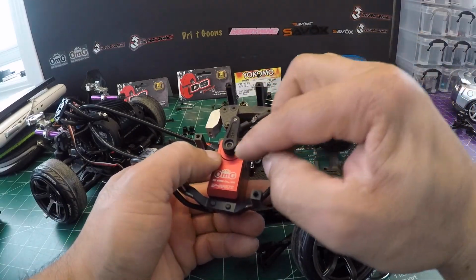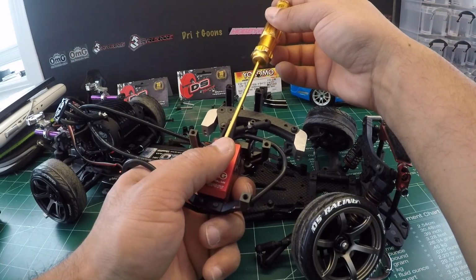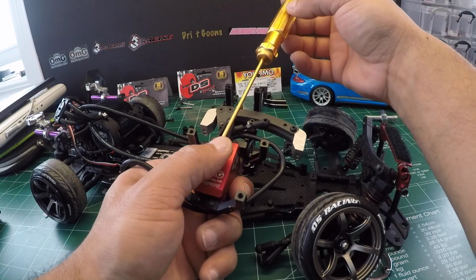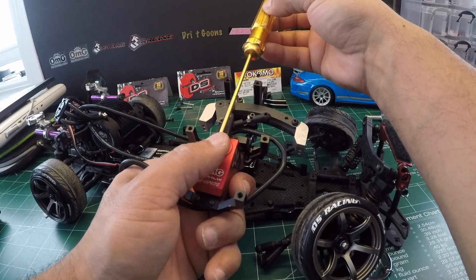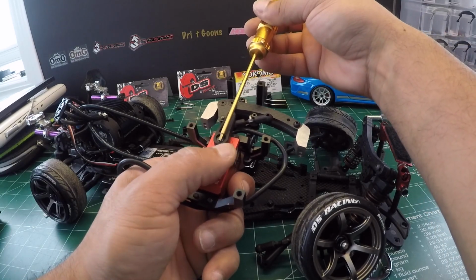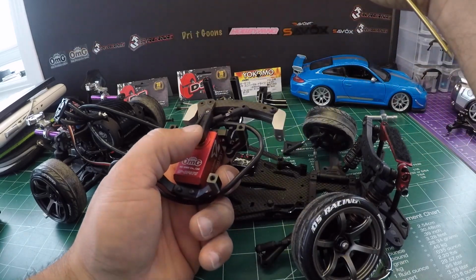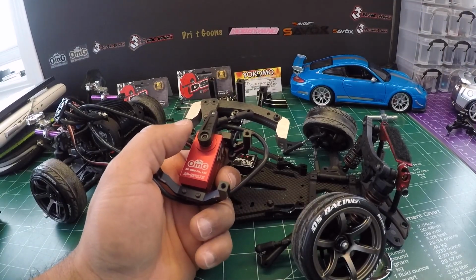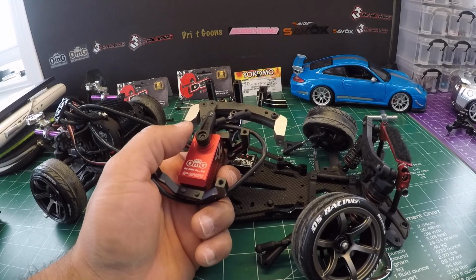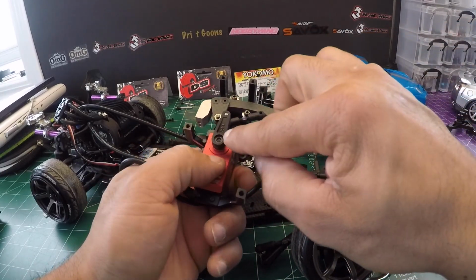Depending on the servo, you might be at a slight degree this way, slight degree that way. It's very rare to have a servo that's actually centered, right? You know what I mean? So it's always going to be a little bit off, but that's where your EPA comes in on your remote, right? So just trim the EPA a little to your left or to your right. If you have to trim your EPA like 100%, 90%, anything more than 30%, go back to your servo, center it, and make sure you put